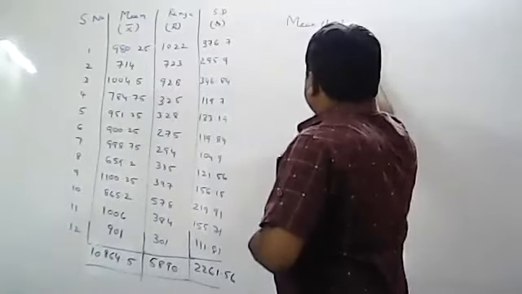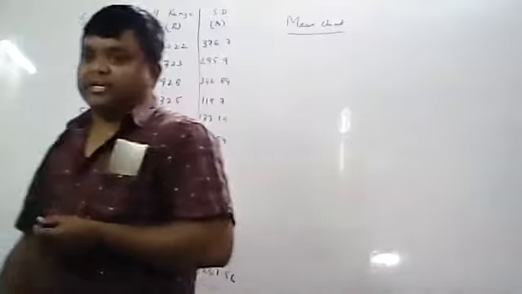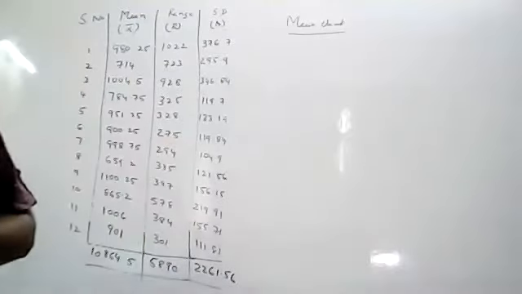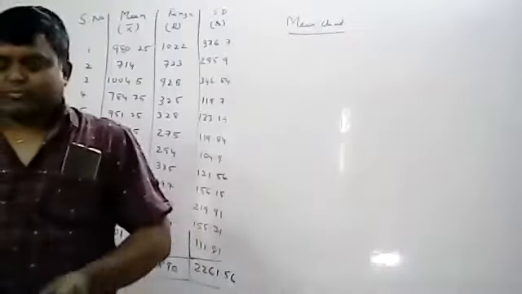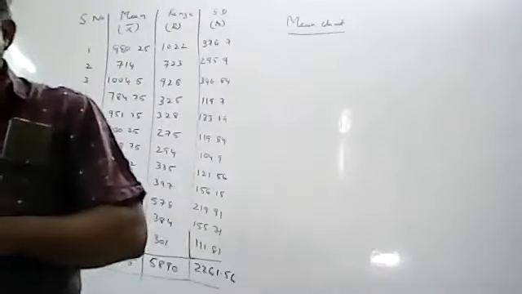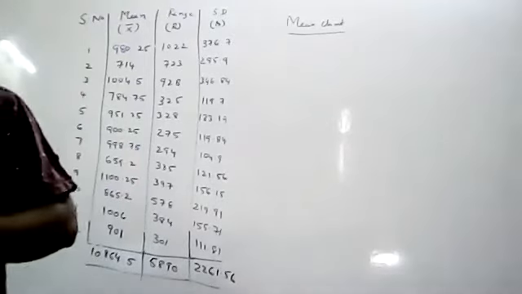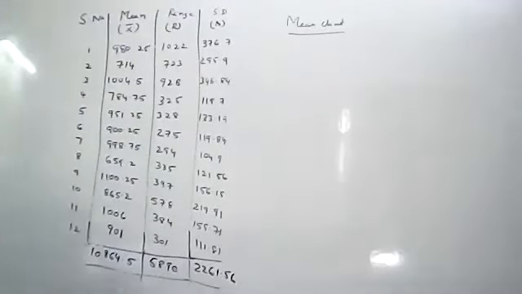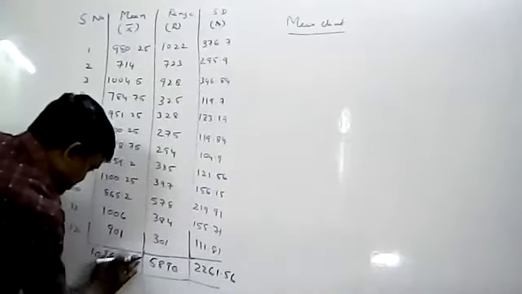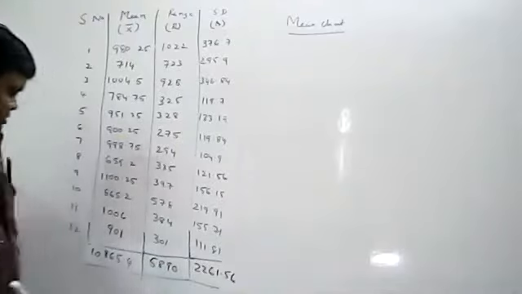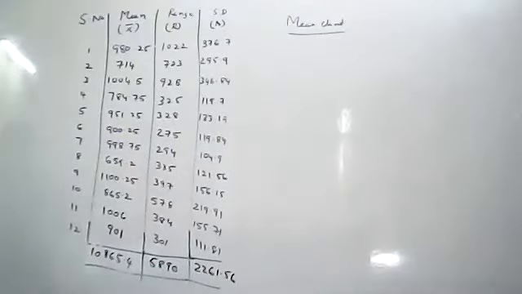Listen carefully, don't write anything. Later on I will upload this video, then you can see that video and you can write. Okay, so first you have to construct the mean chart. So the mean chart, you know the cases. Case 1, standards are given. Mean total you wrote wrong. I think 10,865.4. Now it is correct, I think. Okay, so 10865.4. I got 5.4. Okay, right.